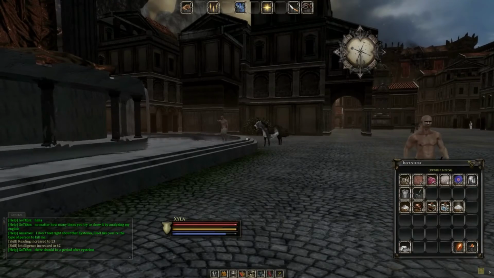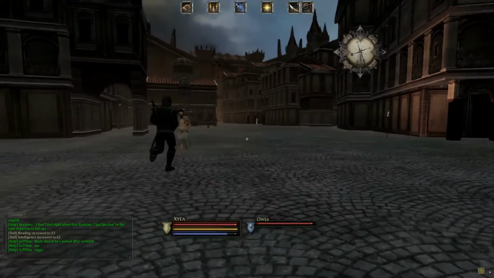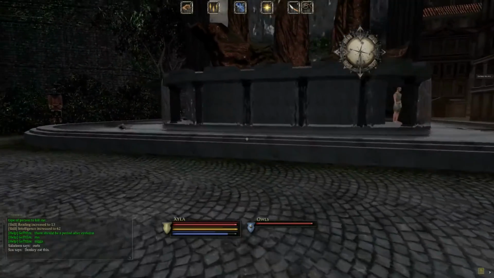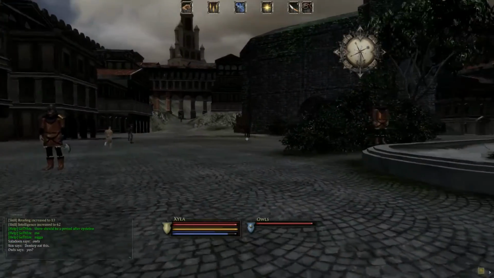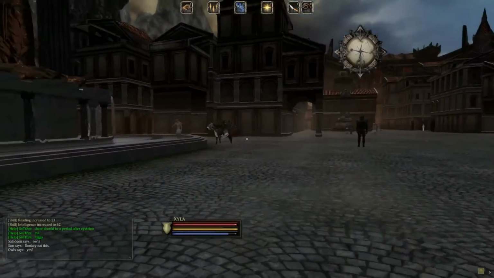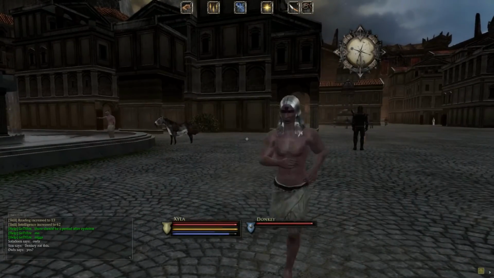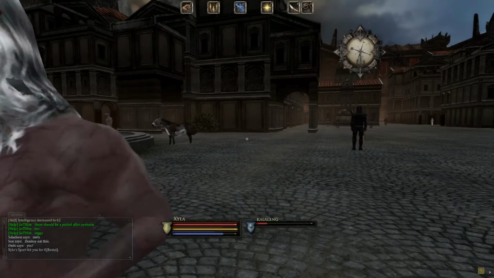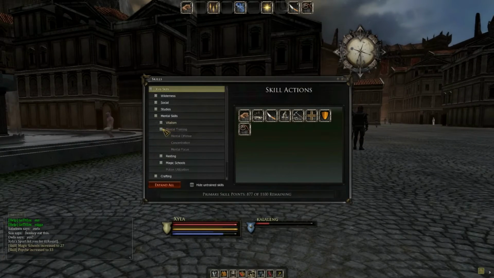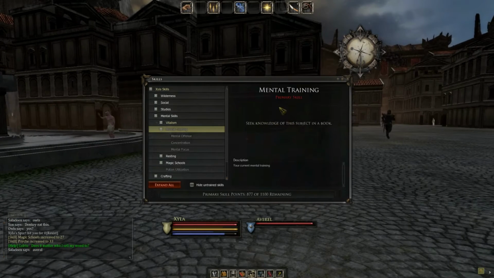And before you actually start casting your Spurt and things like that, there are a few things you're going to want to get the books for to start reading. I'll make a list of books that you'll need to read, and I'll try to put them in some sort of logical order for you to read them in, because you can see that even though I'm casting Spurt on myself, I'm not actually getting any skill points because I don't have mental training unlocked. So basically I have to read mental training, and when I read the mental training book, it's